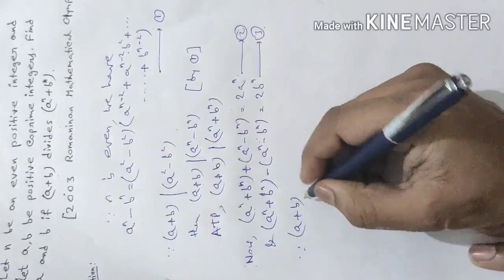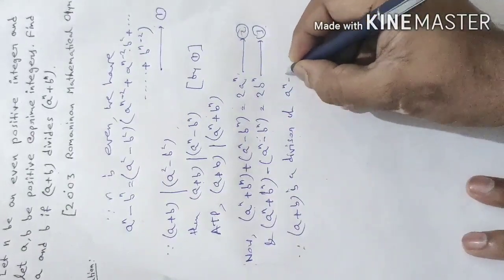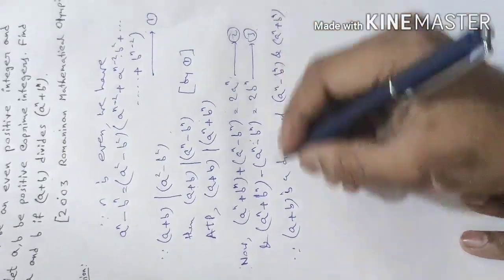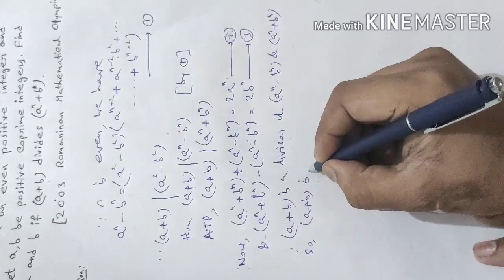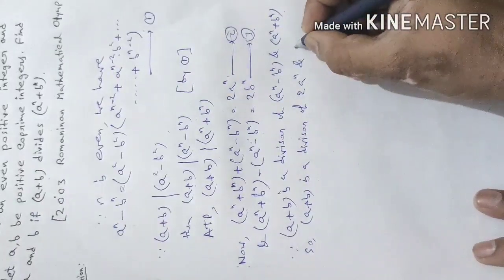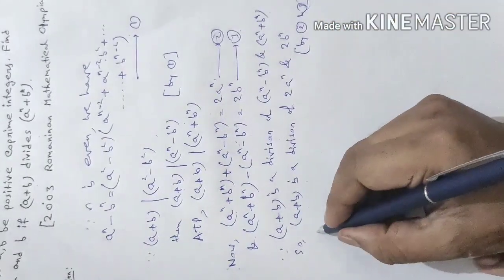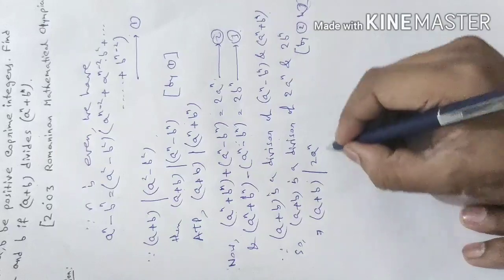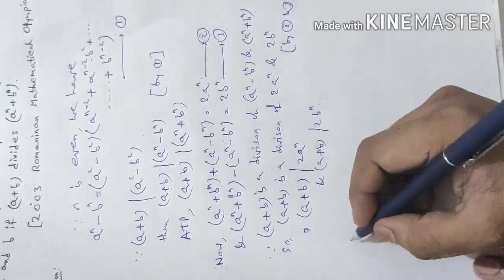Now since a plus b is a divisor of a to the power n minus b to the power n and a to the power n plus b to the power n, so a plus b is a divisor of 2 into a to the power n and 2 into b to the power n by 2 and 3, which implies a plus b divides 2 into a to the power n and a plus b divides 2 into b to the power n, but